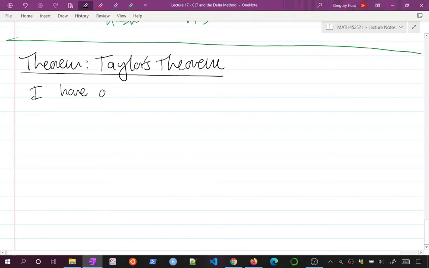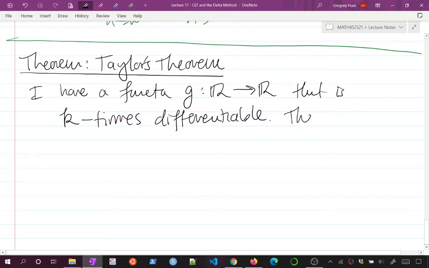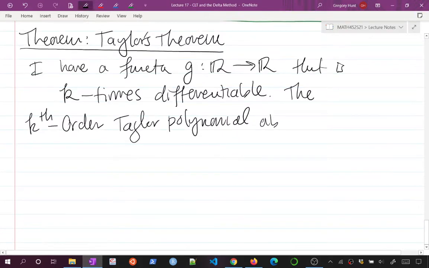I have a function g, and we're going to say it's a real valued function that is, let's say, some k times differentiable. The kth order Taylor polynomial about some point a, which is just some number,